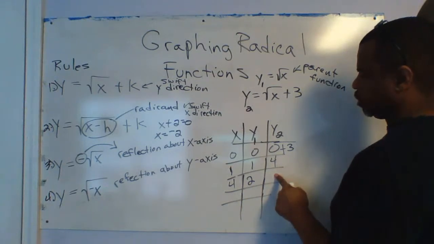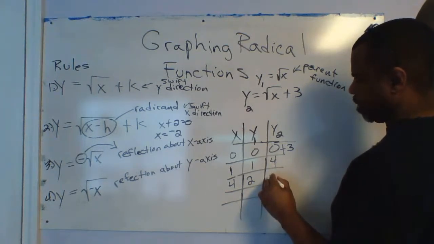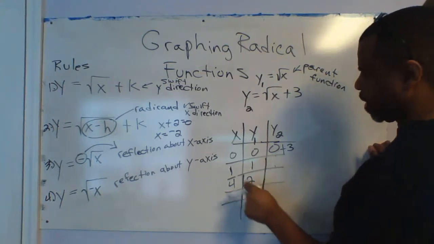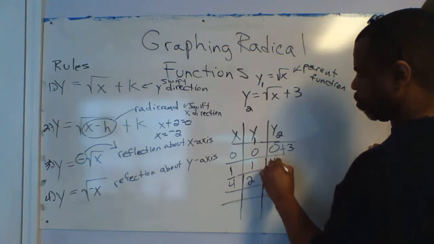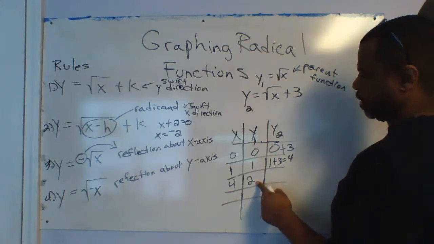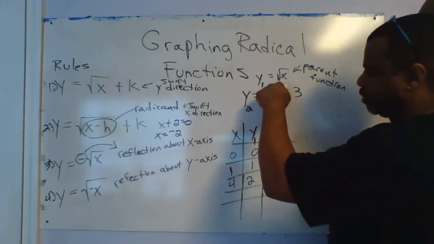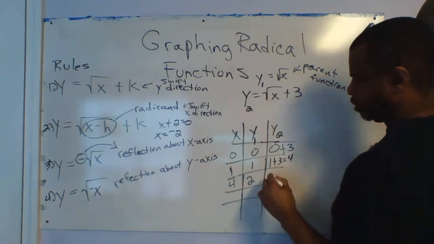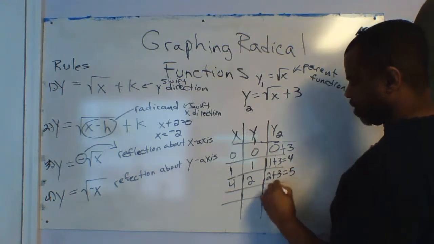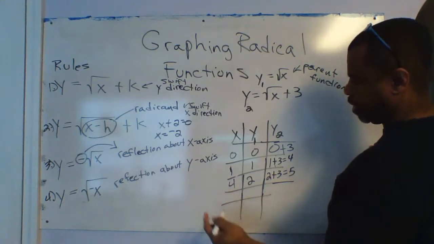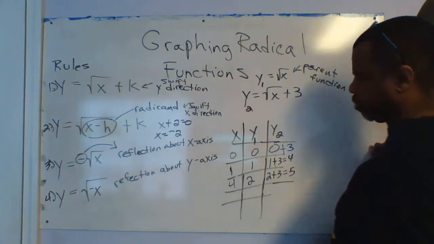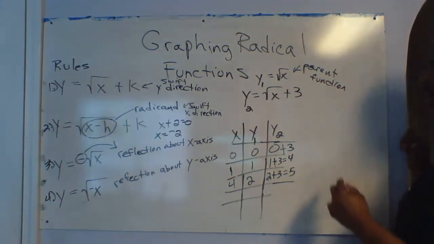Okay, so sorry. If I plug in 1, that'll be 1 plus 3, which is 4. If I plug in 4 here for the parent function, the square root of 4 is 2. So that'll be 2 plus 3, which is going to give me 5. Now, if I plug in 9, which we don't have to, we can just use these points here. All right. So when I graph this,